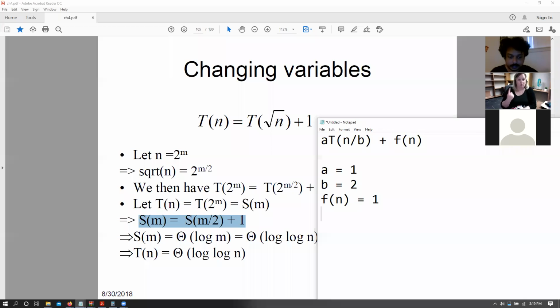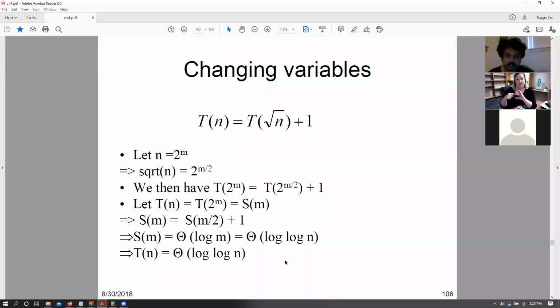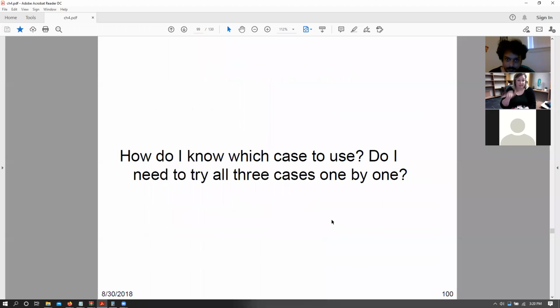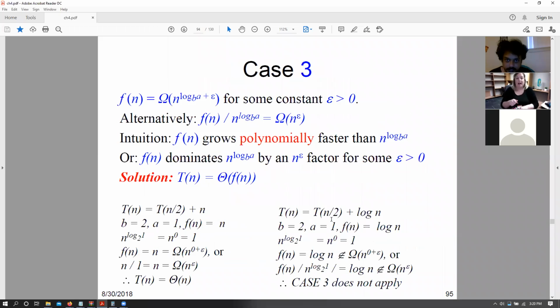Now we can check that n raised to the power of log base b of a is going to be log base 2 of 1, that is n raised to the power of 0. N raised to the power of 0 is going to be 1, which is the same as f of n. I mean, theta of n raised to the power of 0 is the same as f of n because both are 1. And so if that is the case, we can directly say case 2 applies,